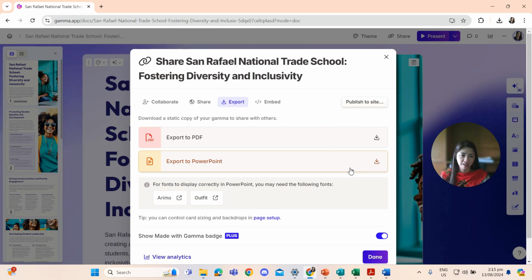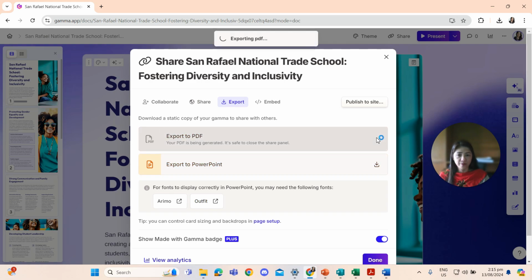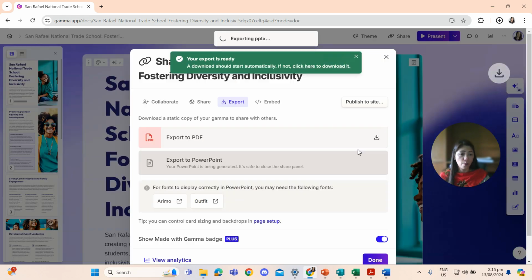So anytime I could edit the text that I have in that file. Okay, just click this one. If you want both, will do. Just click export to PDF. Just wait for it to be downloaded. And export to PowerPoint will do if you want to.